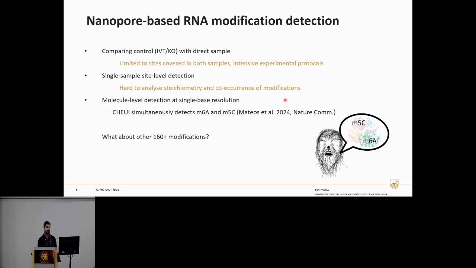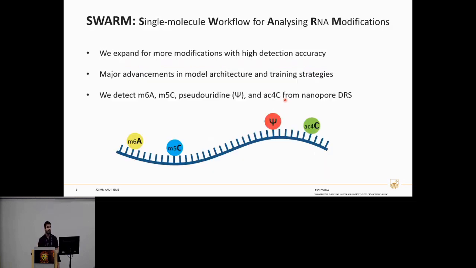And at the forefront of such methods is CHUI, which can simultaneously detect m6A and m5C, published in Eduardo's lab. It's amazing that you can detect two different modifications at the same time, but what about the other 160-plus modifications? And here comes the project that I'm working on, which is a single-molecule workflow for analyzing RNA modifications, where